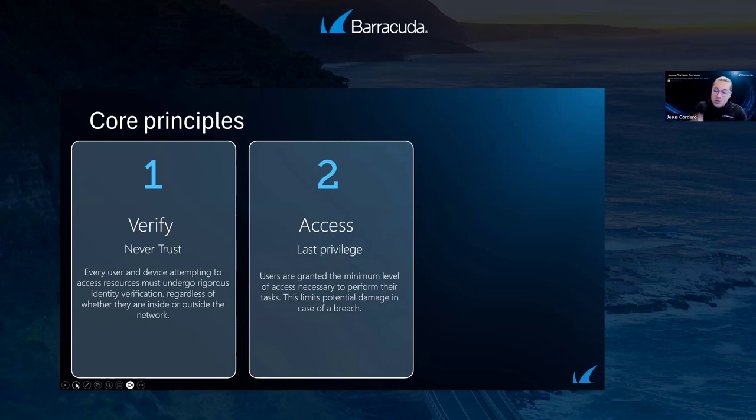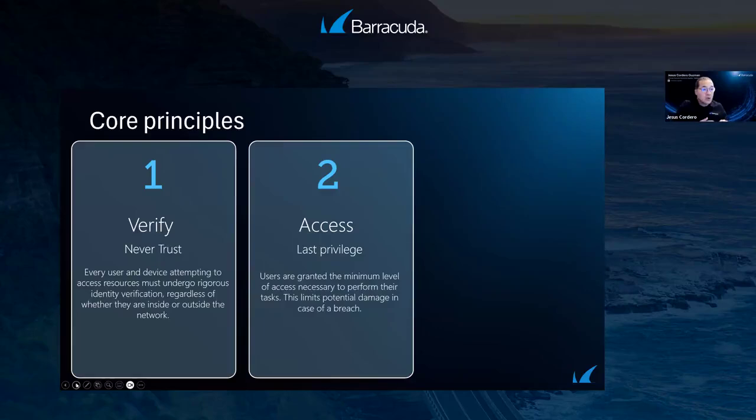We grant only the so-called least privilege access. This means that every single one, based on the role that they have to fulfill in a company, is going to have access to certain resources, to certain applications, and nothing else.